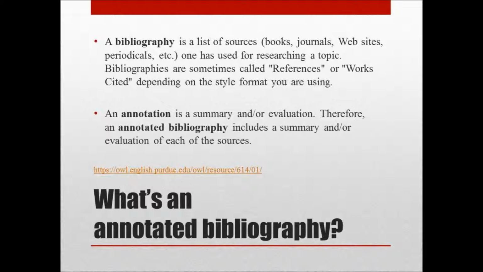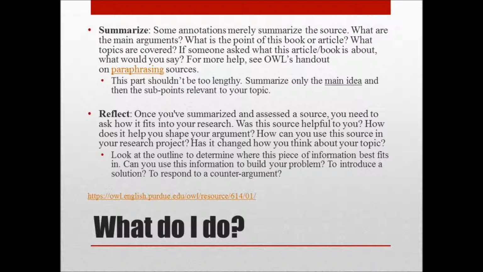The first thing I'd like to talk about is what is an annotated bibliography. You know that a bibliography is a list of your sources that you use when you research. Typically in MLA format, we call that works cited. And you should know that an annotation is a summary or an evaluation. Basically, it's a note in the margin about your reaction. So, if we put those things together, an annotated bibliography is nothing more than a summary of your source, what's its main arguments, what's the point of